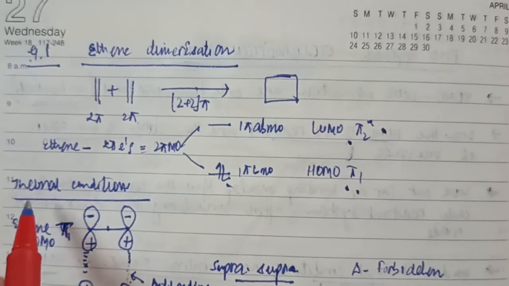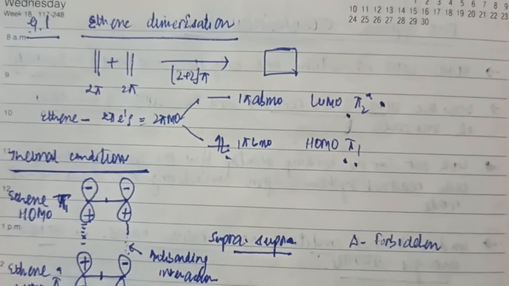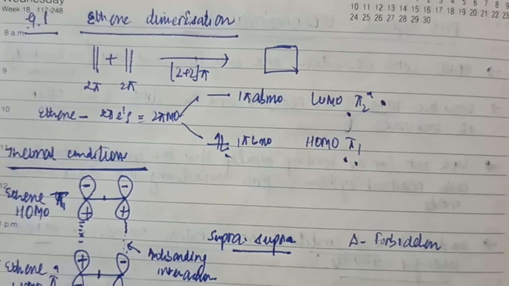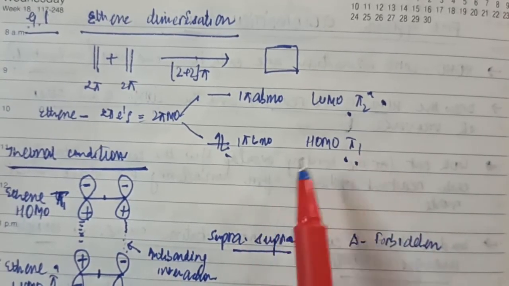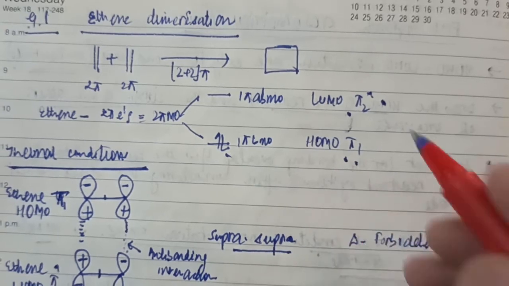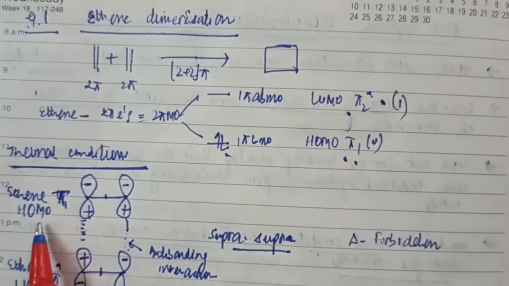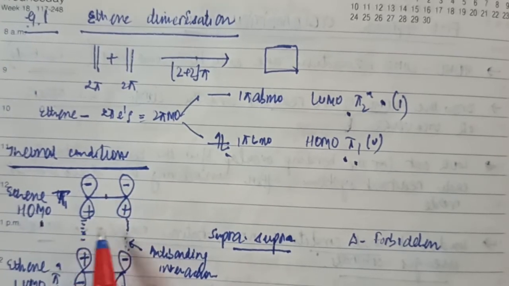Okay, first I will consider this reaction under thermal conditions. Let's go step by step. What do I need to do? I need to draw HOMO of one ethene and LUMO of the other ethene. First ethene, let's say I draw HOMO. HOMO is what? π1. π1 didn't have a node, π2 star has one node. So if I'm drawing HOMO of one ethene, there should not be any node. That means the same faces should have the same sign.